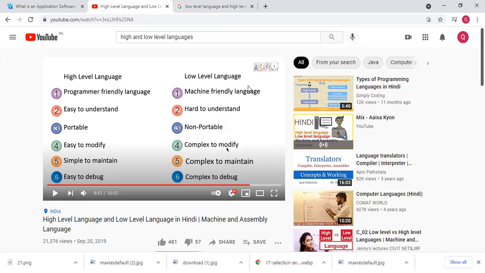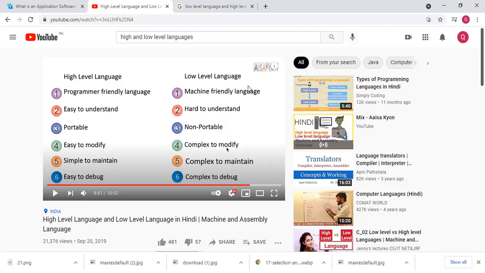A source program cannot run directly on the computer. It must be compiled or interpreted first. High level language programs are machine independent. They don't need any support to be run, and they can be run on different types of computers without any change. Some examples of high level languages are BASIC, COBOL, Fortran, C++ and Java.